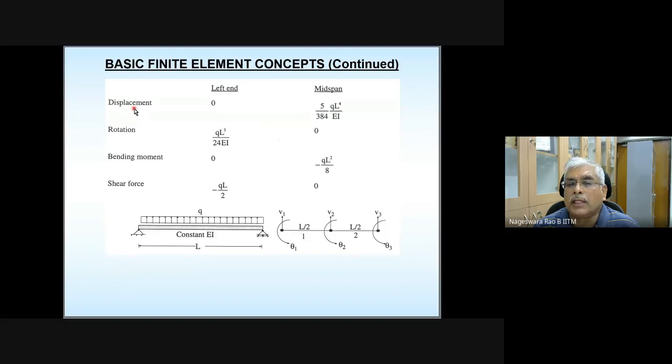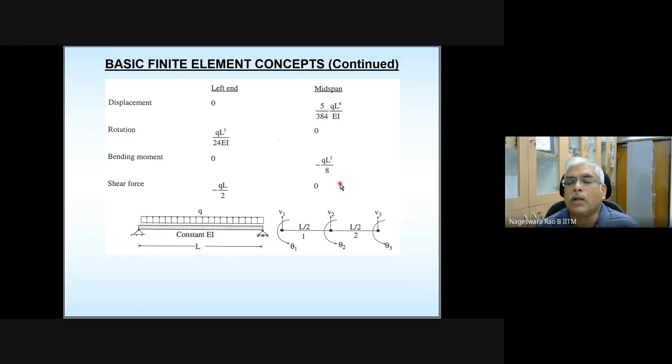You know from your structural analysis, what is the transverse displacement here at half. This problem is symmetric. So the solution is given at the left end and mid span. The solution at the right end is going to be the same as whatever is there at the left end. So what is the transverse displacement, what is the rotation, what is the bending moment, what is the shear force at left end and mid span, they are noted here. Please take a note of this. These are all straightforward from your structural analysis.